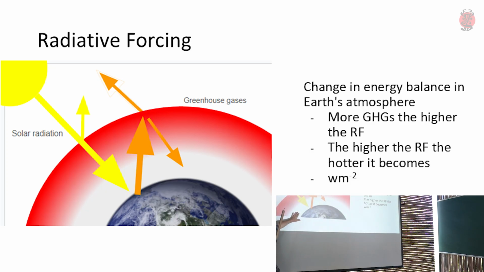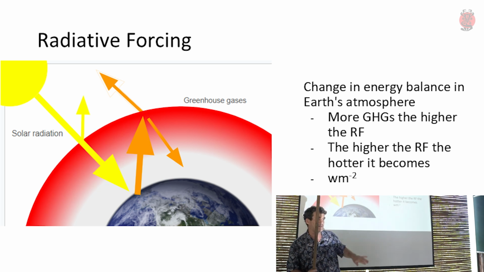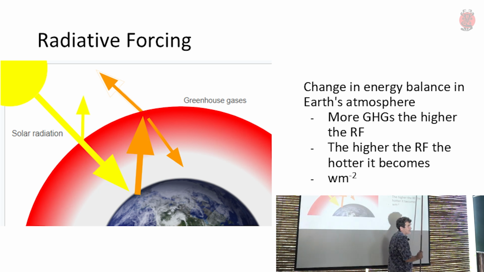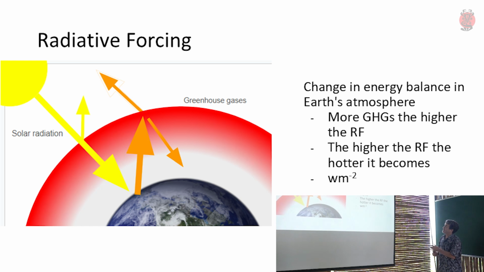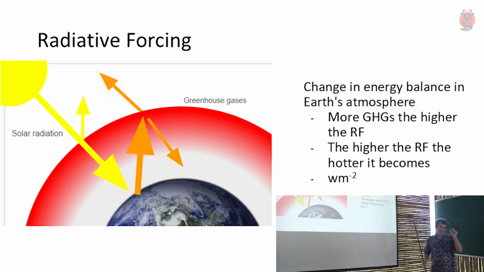So just to recap relative forcings, you remember the relative forcing is the difference between how much energy was being retained pre-industrial in 1750 versus how much is being retained by increases in greenhouse gases. Okay, the more GHGs in the atmosphere, the more GHGs that we release, the higher the relative forcing. So that's what you just got to remember. The number that is higher means it's going to be hotter. The higher the RF becomes, the hotter it is, okay?